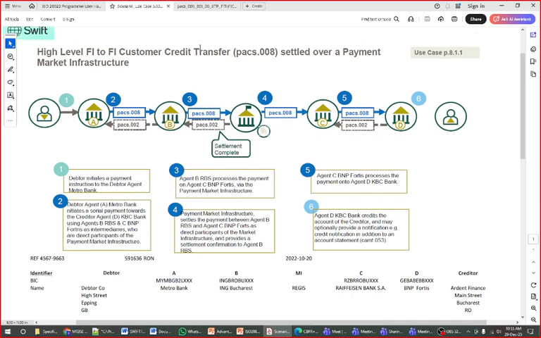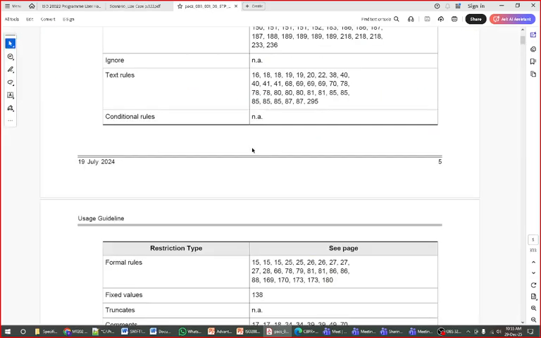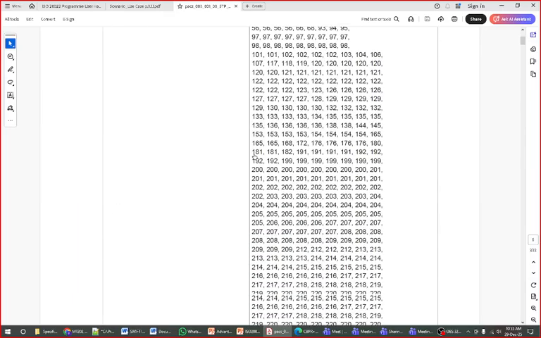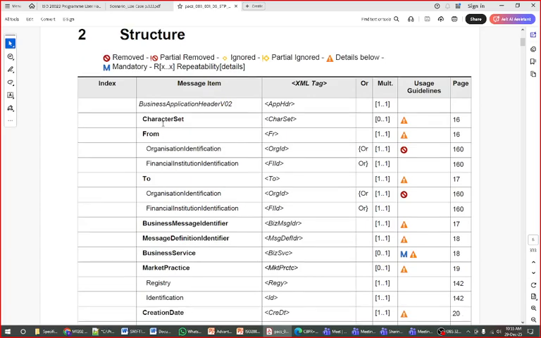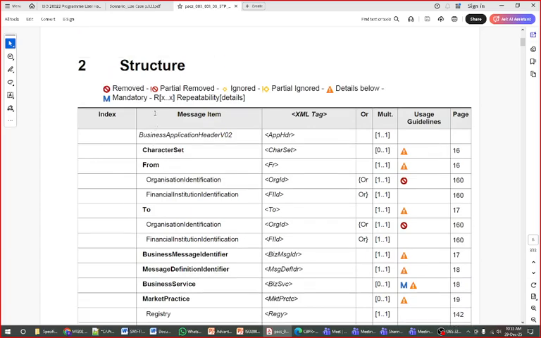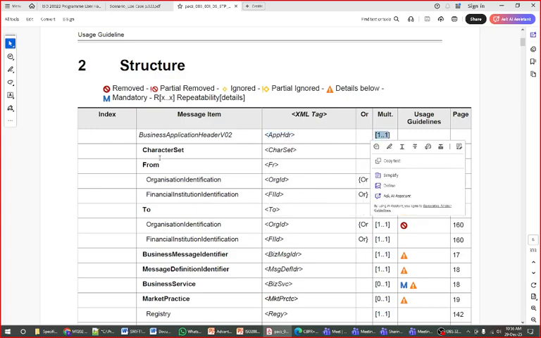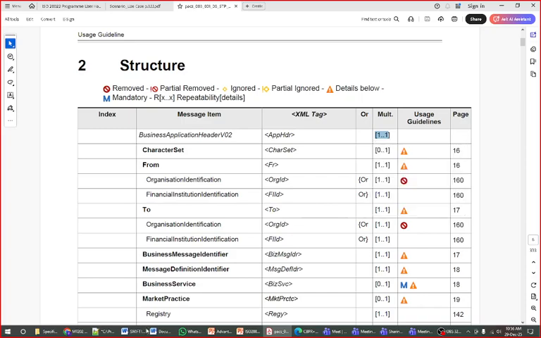Along with this, whenever we are discussing these things, I am going to walk you through the complete message also, and how this message is built up. For example, this message starts with the business application header. What is the significance of this, why are we using it, and what is its detail path, and why is it mandatory or not mandatory. And whenever I am walking you through all these things, I am going to show you the XML also,